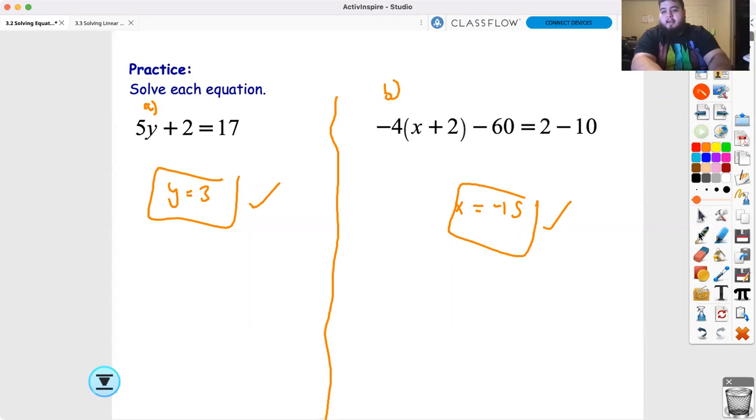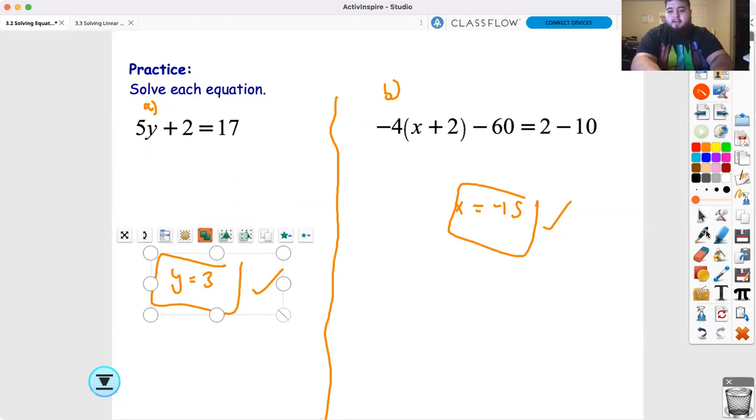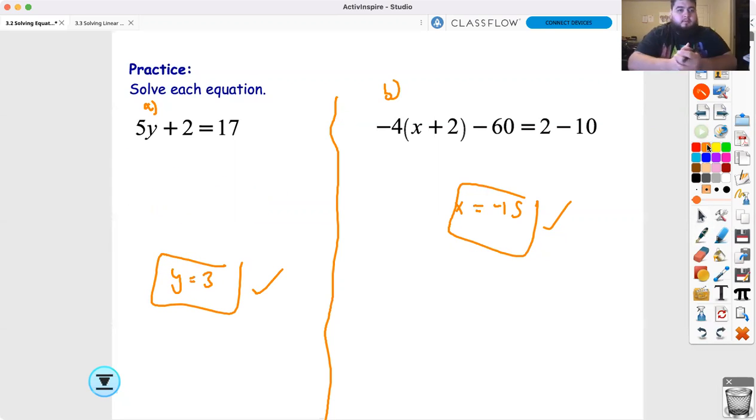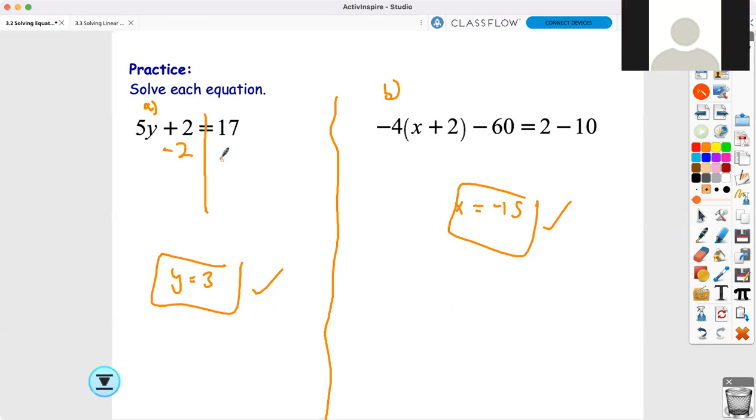So take a look at A. All right. So our objective for A: we want to get what by itself? The y, right? So draw the line down the equal sign. So what can we move first before we touch the y term or the variable term? What's the extra baggage there? Would you do like the opposite of +2? That is correct. What's the opposite of +2? -2? That's correct. What we do to one side, we do to the